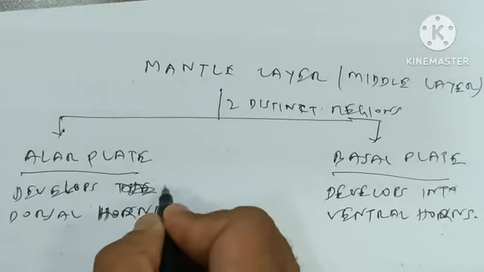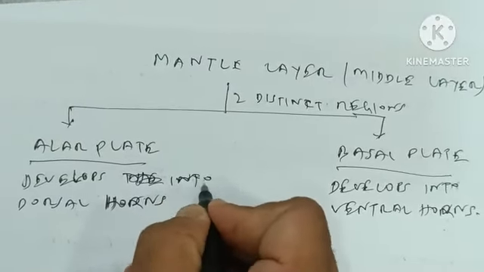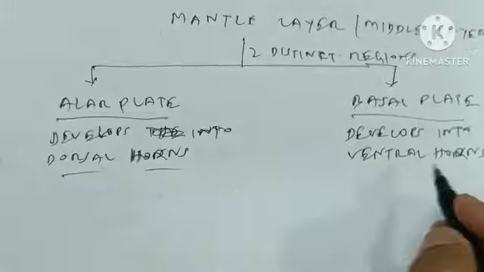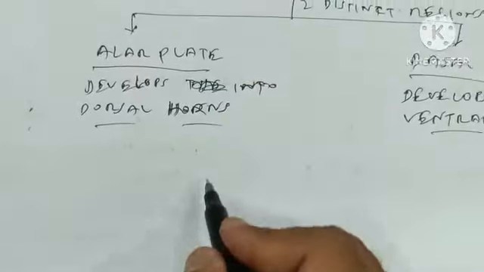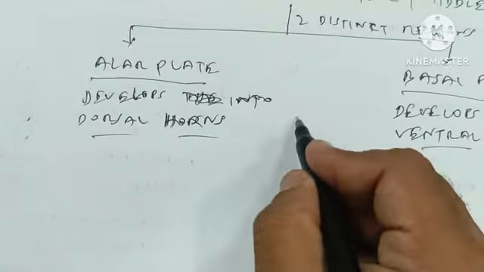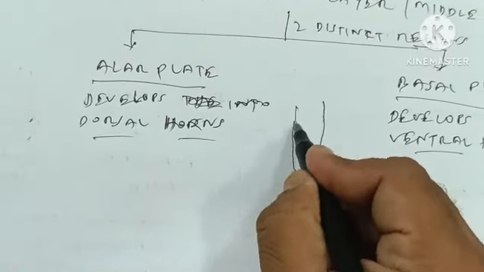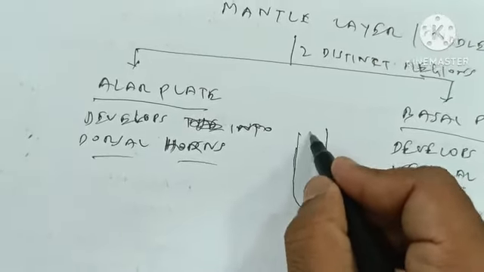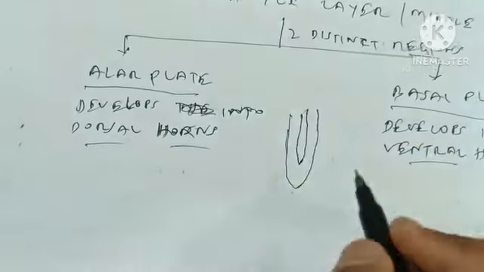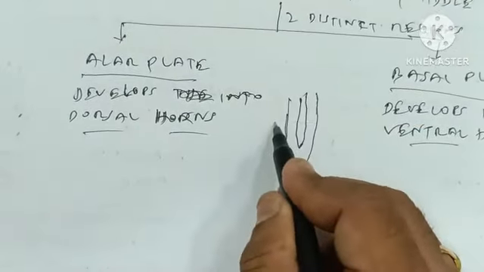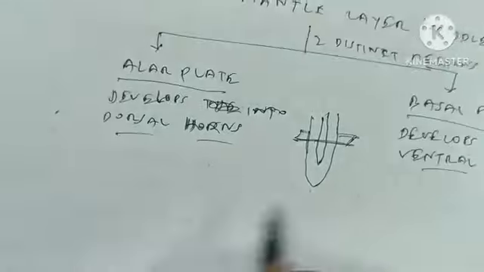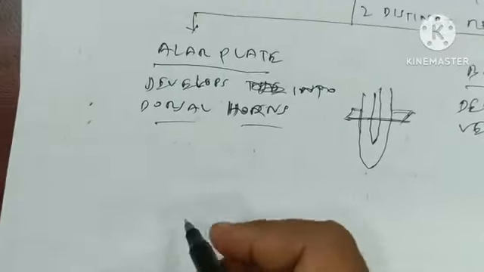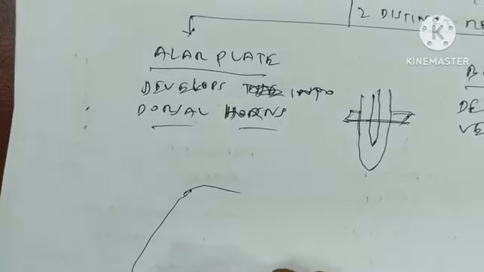Alar plate develops into dorsal horns and basal plate develops into ventral horns. Now if we see the spinal cord, this is the spinal cord, this is the central canal. Now let us cut the spinal cord from here and view it in a cross-sectional view. So what we will see,